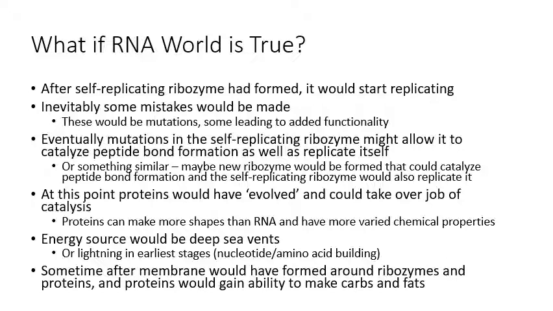When you're in the very, very earliest stages of chemical evolution, when you're just building amino acids and nucleotides out of inorganic chemicals, then it wouldn't have to be deep sea vents. It could be that the energy source is deep sea vents, but it could also be that these chemicals are towards the surface of the ocean and they're evaporating and going up into the sky, and you used to have a lot of lightning in the sky, more than we have now. So they could have just gone up high into the atmosphere and gotten shocked by some lightning,